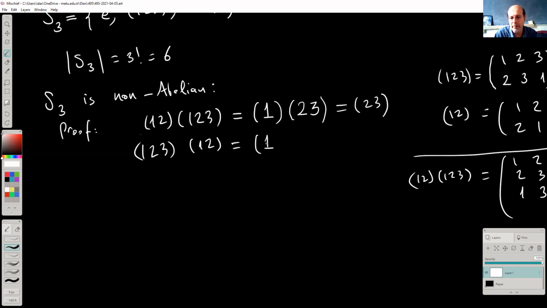So start with 1. 1 is mapped into 2 by the first thing. And 2 is mapped into 3 by the second one. So that means 1 is mapped into 3. Now what happens if I apply these permutations to number 3? First permutation leaves 3 as it is, so we have 3. Second permutation maps 3 into 1, so the final result is 1, which means 3 is mapped into 1, so therefore we get this. I don't want to repeat the same argument for 2. You will notice that 2 is mapped into 1 by this, so therefore this permutation is 1, 3. So that means this product